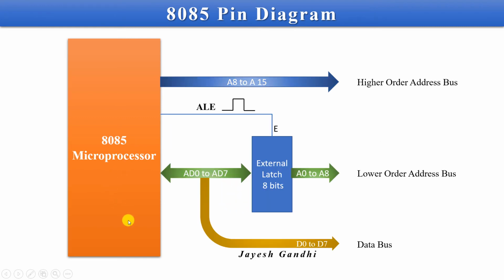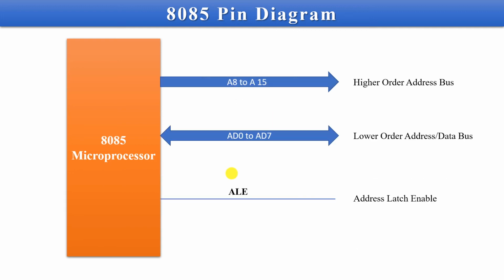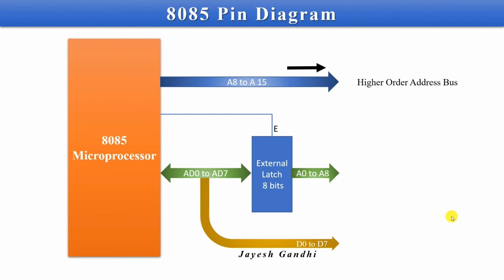So now when we want to demultiplex them, what do we have to do? We have to use an external latch and connect it to the address and data bus, and then when we give the ALE signal, the actual process will happen. So this is how you have to connect the external latch, that is an 8-bit D flip-flop circuit whose clock is made common and that is given to the enable or the clock of the latch. So this is what we do to demultiplex the address and the data bus.